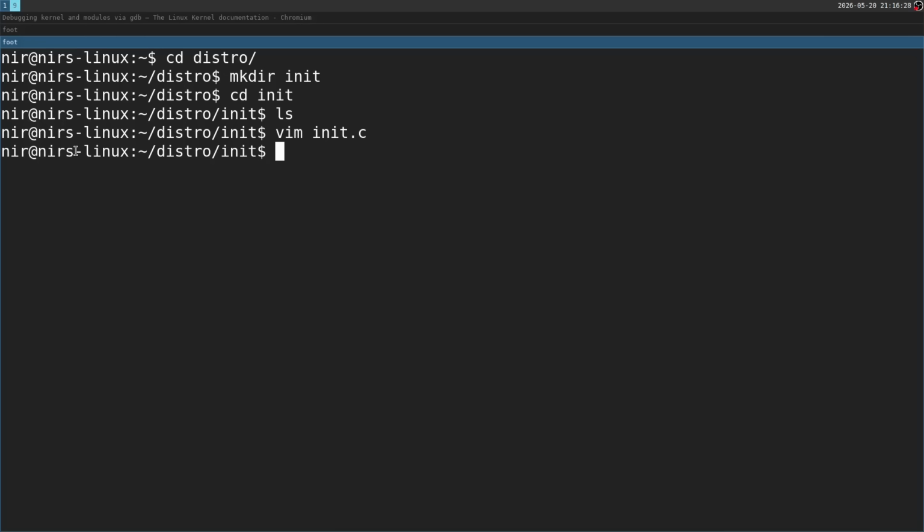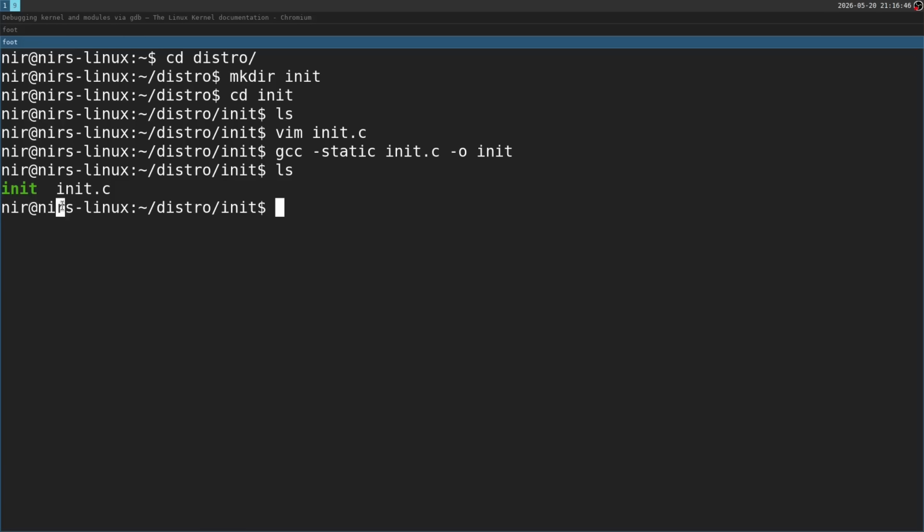Okay, let's save this. I'm going to build this using GCC with the static flag. Output is going to be init. It's important that it's static because you don't want it to be reliant on any libc. Okay, now you should have the executable here and it works. Let's see. Yep. Okay, so now I'm going to pack this into an initramfs,